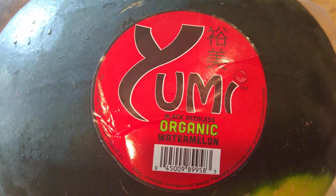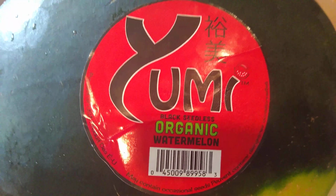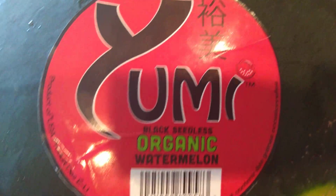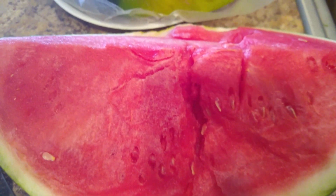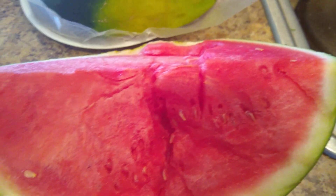It says that it's grown and produced in the United States, but that sure looks like an Asian sticker and logo and writing on it. So maybe it's some Asian people who are in the United States producing these watermelons. But I'm telling you, it was delicious. I asked the girl, has anybody tried their watermelons? Are they sweet and good? She said, oh, I had one. It's just absolutely delicious. You won't be sorry. So I got a big one, and